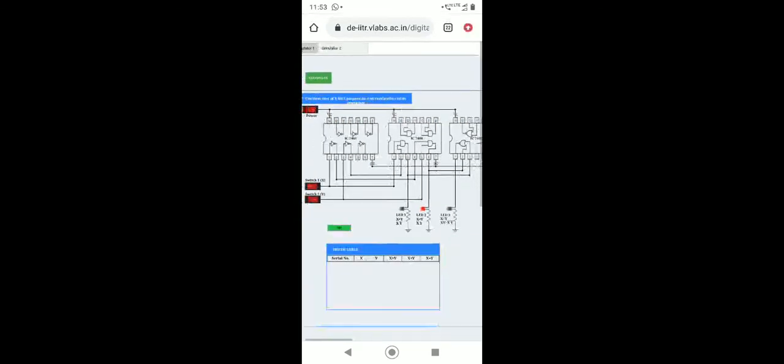In this way we can compare and add to the truth table. Okay, clear? So I think by using this lecture you will be able to do the 2-bit comparator.